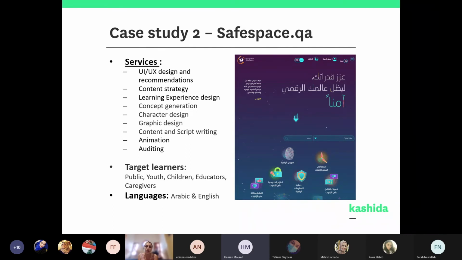We created a content strategy, which is very important, and I will address it next. Learning experience design, concept generation, character design, graphic design, of course, for all the assets, content and script writing, animation, auditing from a perspective of prior content and how it can map to our new framework. So this is generally what we have been working on for SafeSpace.